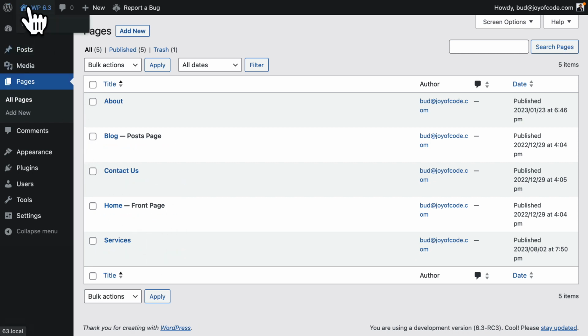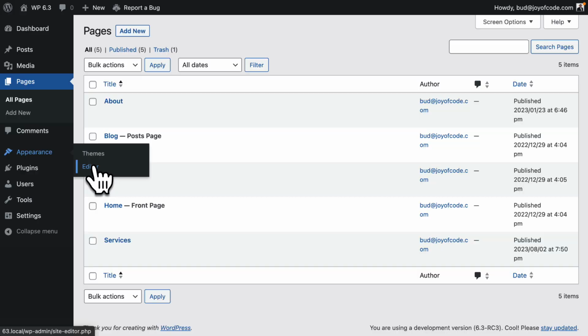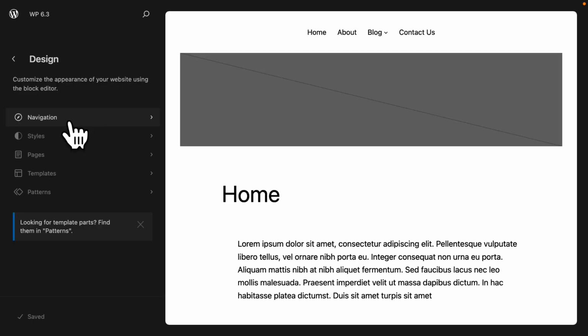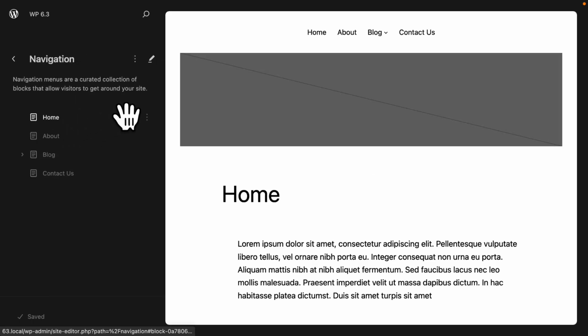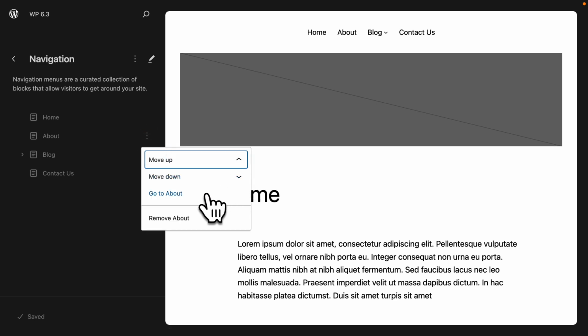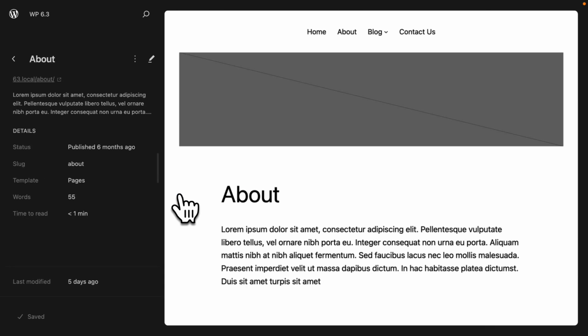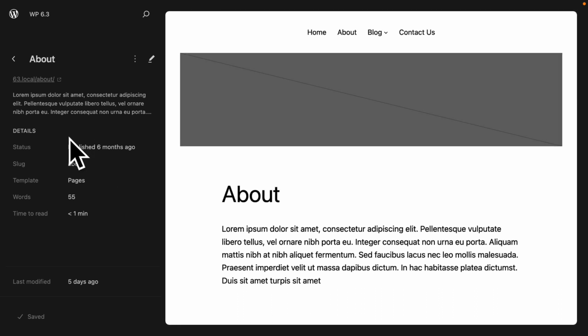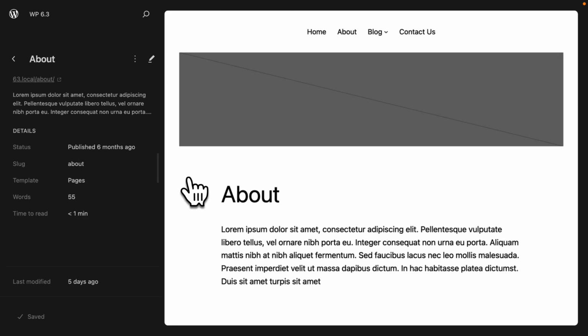There's one other way you can access editing a page in the site editor. Let's go back to the site editor. And let's go to navigation. And right over here, let's just pick About. That's fine. If I click on this, look at this. Go to About, and now I can edit this page. I'm still in the site editor. Notice I have the details as I did before. So now you can see the future of the site editor as it merges with the page content editor in